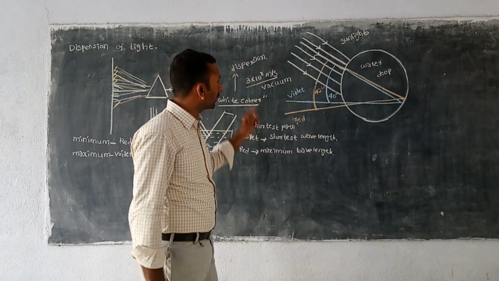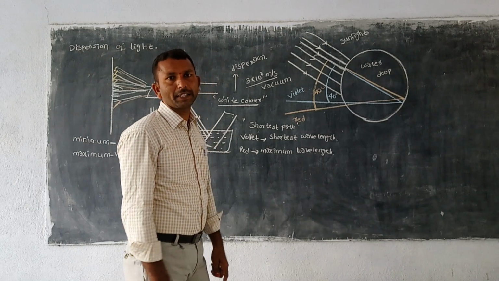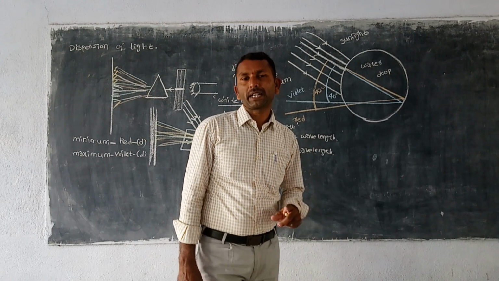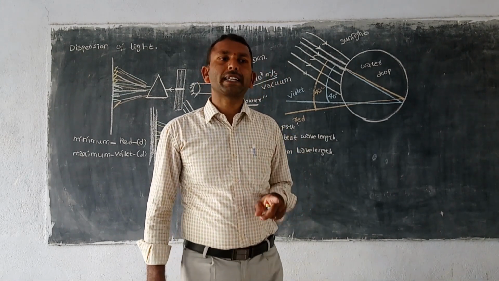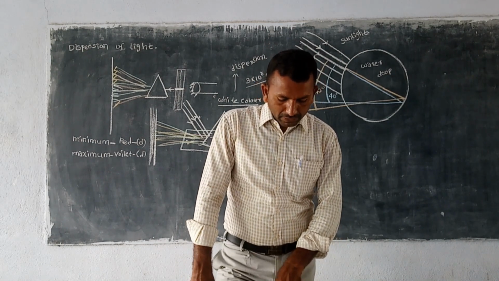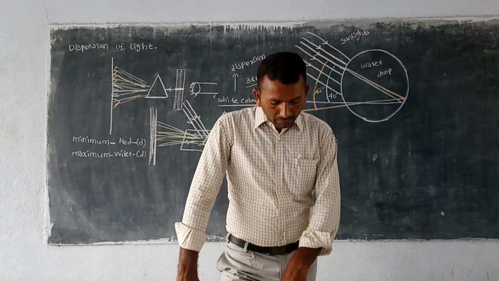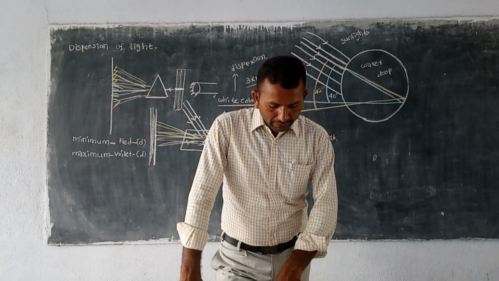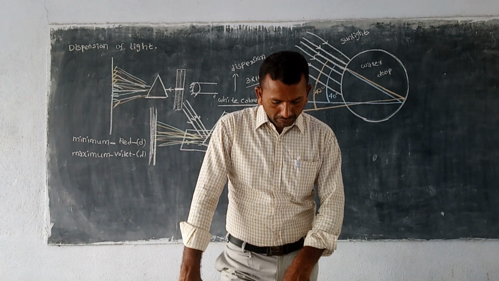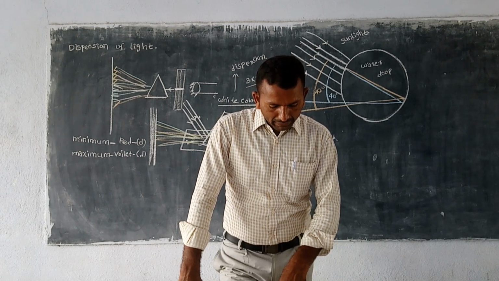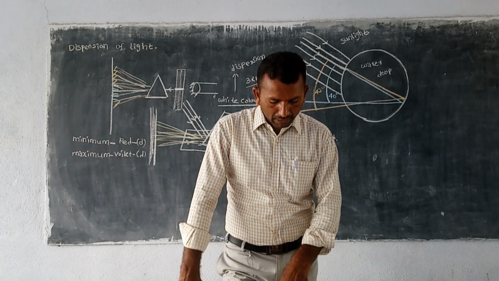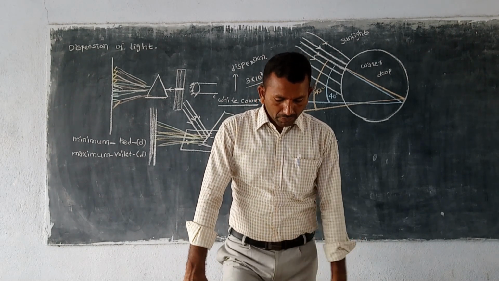And here, according to the light wave theory, there is no particle moving to and fro, because the light wave is an electromagnetic wave. That means there is no physical movement back and forth. Instead, the magnitude of the electric and magnetic fields associated with the electromagnetic wave varies periodically at every point. These oscillating electric and magnetic fields propagate in all directions with the speed of light.